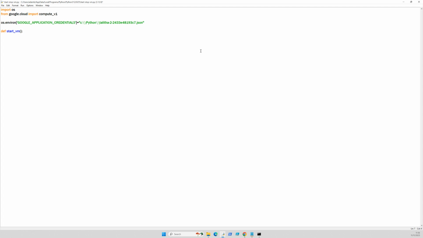and we're going to use part of our module. So I'm going to make a new variable, client equals compute_v1.InstancesClient, and close that off. I make a new variable calling start, and I'm going to use the previous variable,